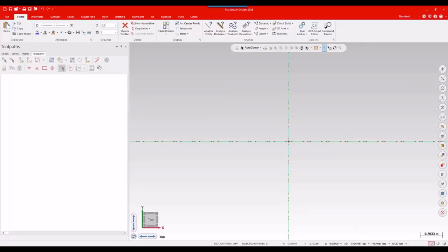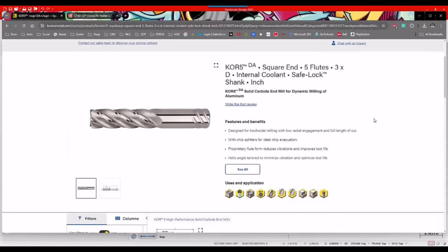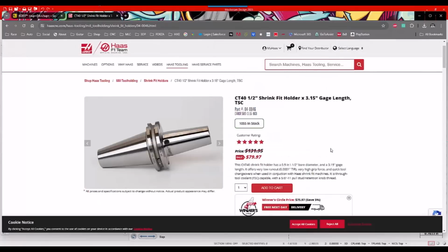So I'm going to be creating a new tool based off a Kennametal Core 5. It's a 5-flute square end mill, a half-inch one in this case, about 3.5 inches in length. Just a solid carbide aluminum rougher. And I'm going to be pairing that with a CAT 40 half-inch HAAS shrink fit holder, mostly because they have a model for that. Actually, both of these do, so I'm going to be creating these both